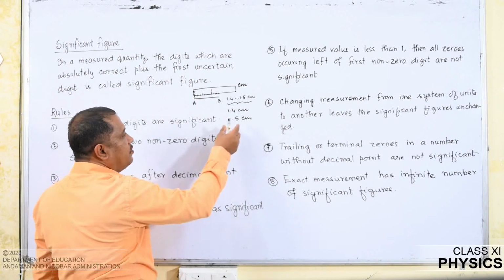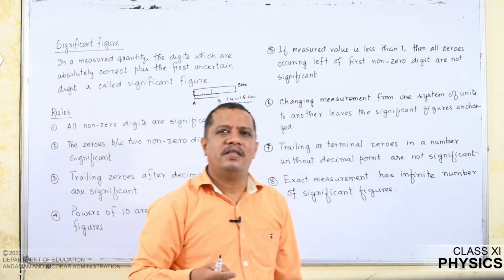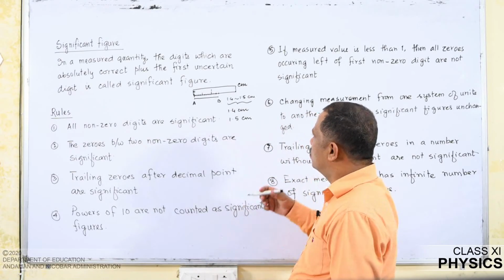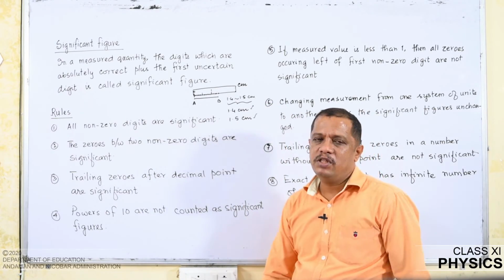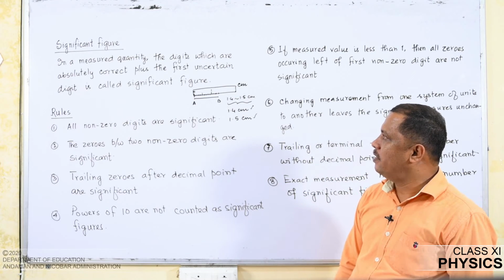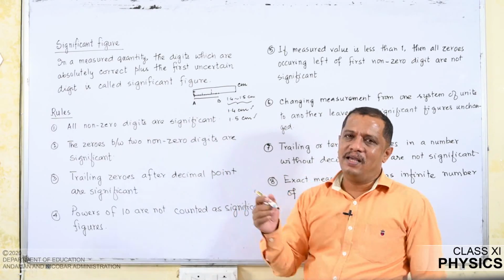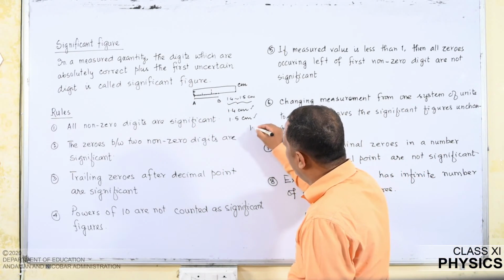If I say 1.5 centimeter, then my line is slightly smaller than 1.5 centimeter. So, when I write 1.4 or 1.5, both the measurements are not exactly correct. In that case, some students would say that, sir, the point B is lying in between 4 and 5, so you write 1.45